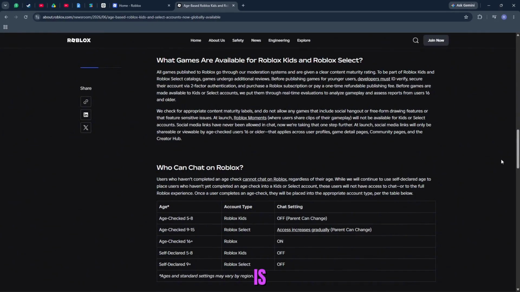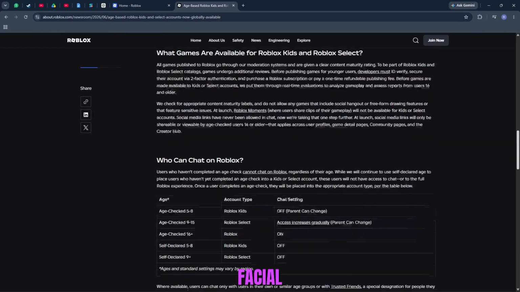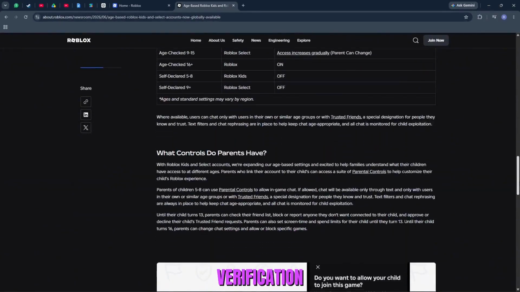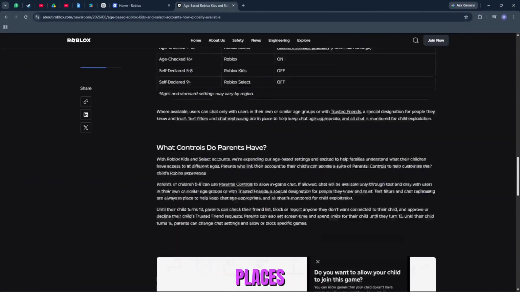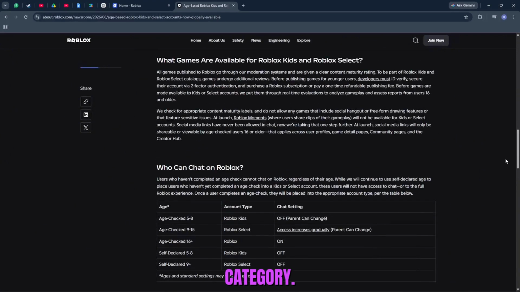Another important factor is age verification. Roblox may ask users to confirm their age using methods like government ID verification or facial age estimation. Once the verification is completed, the system automatically places the account into the correct category. So in short, there is no manual update Roblox Select button. Everything is handled automatically by Roblox based on your age